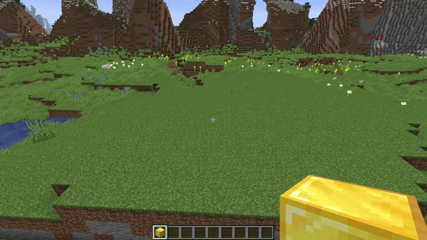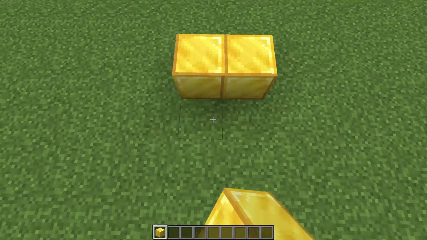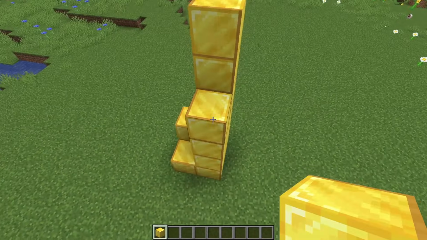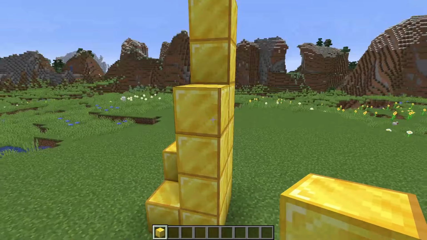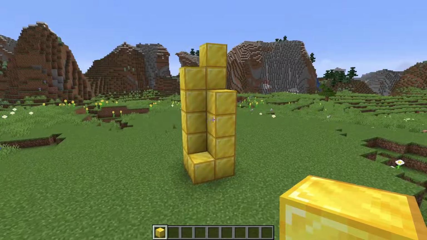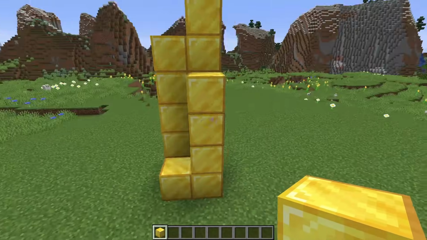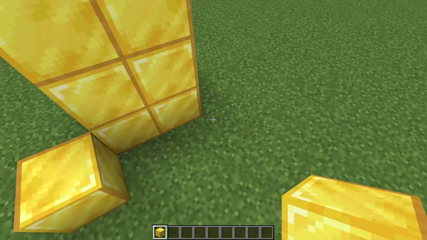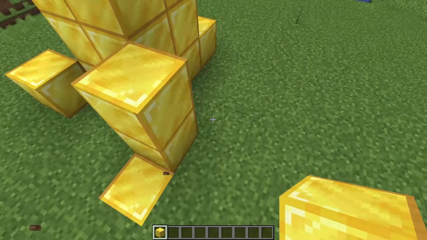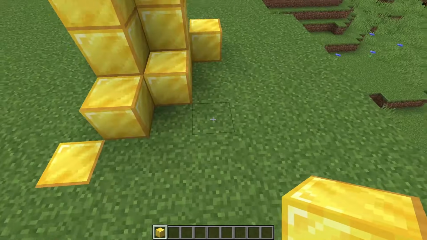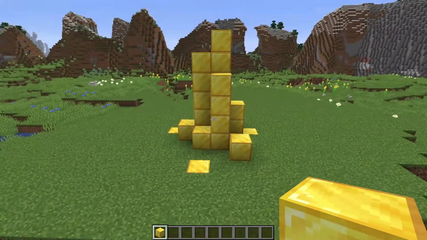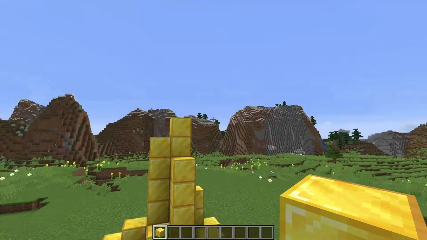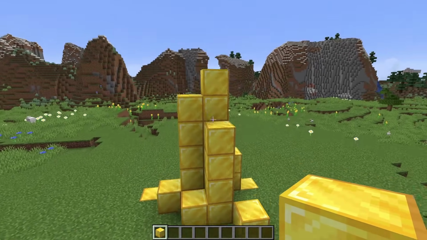Now let's start building. So to start with this tree, I'm going to be beginning a trunk. This is going to be a fairly small oak tree, so I'm going to start with a 2x2 base and then kind of slowly build it up from there. This is the rough thickness of a tree that I'm going to be okay with. From here I can add a couple of little roots and I'll kind of go back in afterwards and add in a few more if I decide I need those. I don't tend to go for too many roots around my area because I like it to be more focused on the trunk and the branches, not too thick on the base.